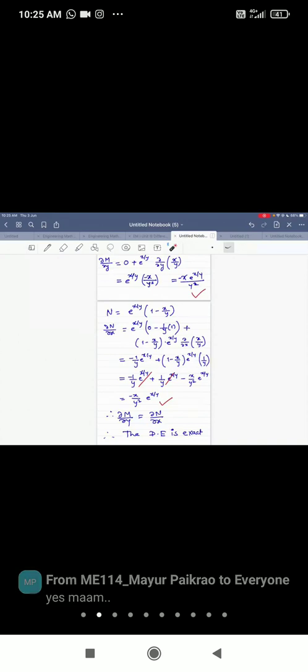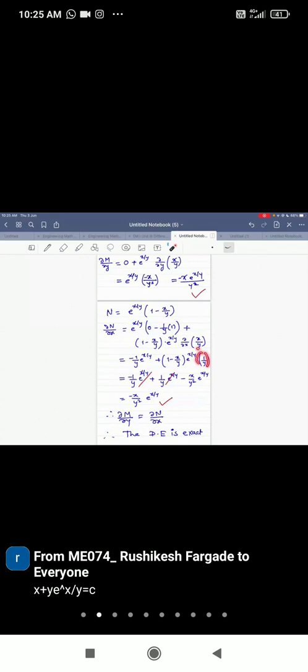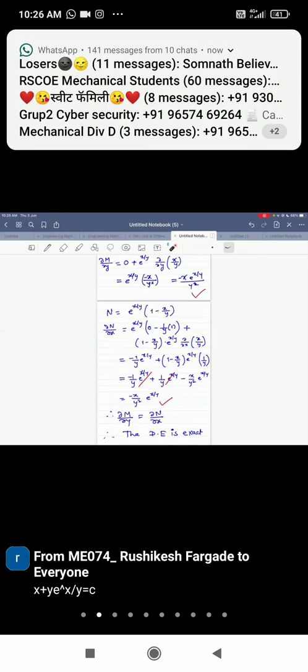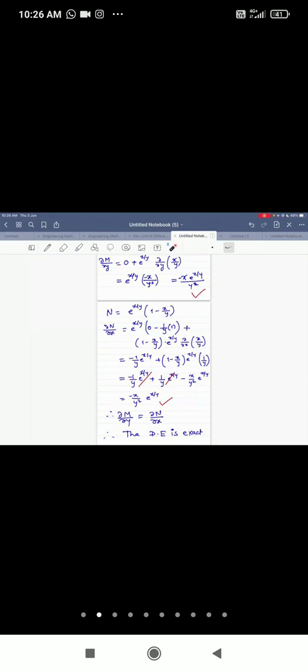You should understand. Okay. So now ∂/∂x of x by y you have to calculate. So here y is a constant. You keep it aside, right? You keep it aside. And then what is derivative of x? Derivative of x is 1. So it is 1 by y only. Is it Mayur?